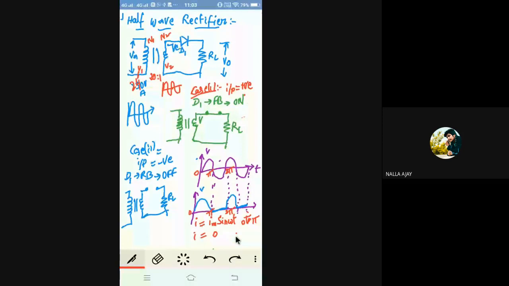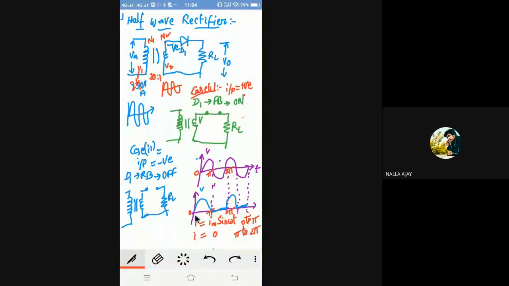Similarly, the voltage equation: V is equal to Vm sin omega t from 0 to pi, and it is equal to 0 from pi to 2 pi. I think everyone can understand now how I have written this equation. From the waveform, from 0 to pi, it looks like a sine waveform only. So from 0 to pi, our current has the equation I equals Im sin omega t, and from pi to 2 pi the equation is I equals 0. Here the value of the output signal is equal to 0.